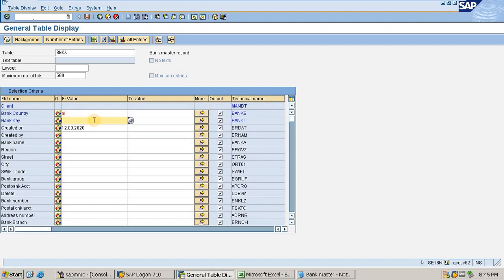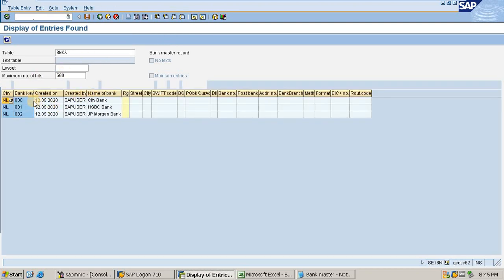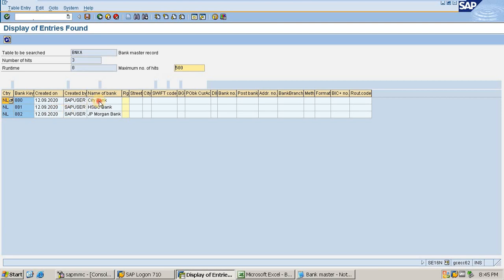Bank key was from 880 to 882. Let me check whether anything got created or not. Yes, 1, 2, 3 got created. Citibank, HSBC Bank, JP Morgan Bank.